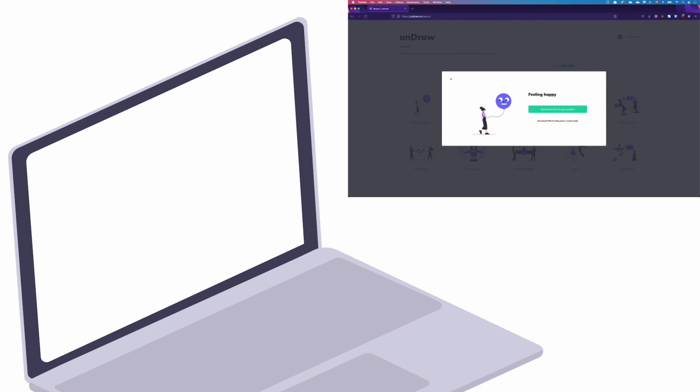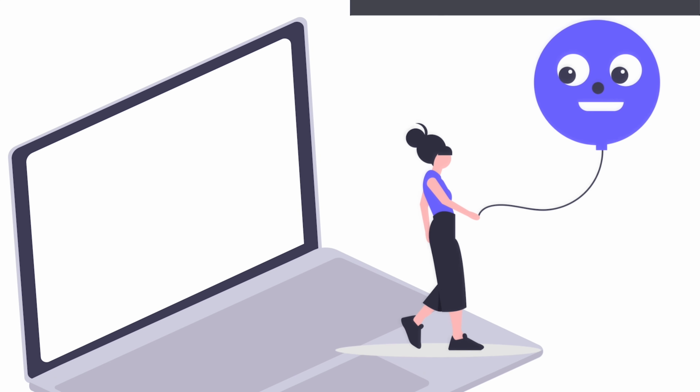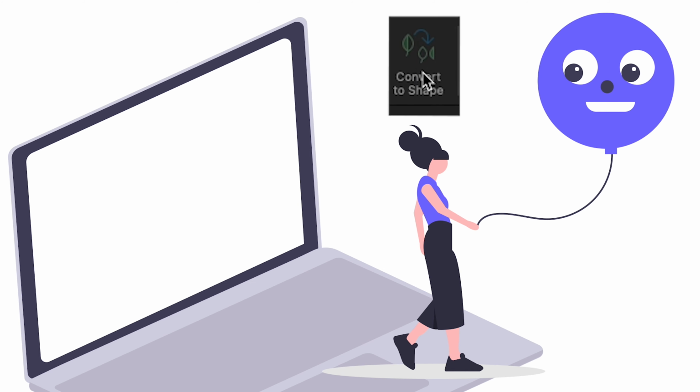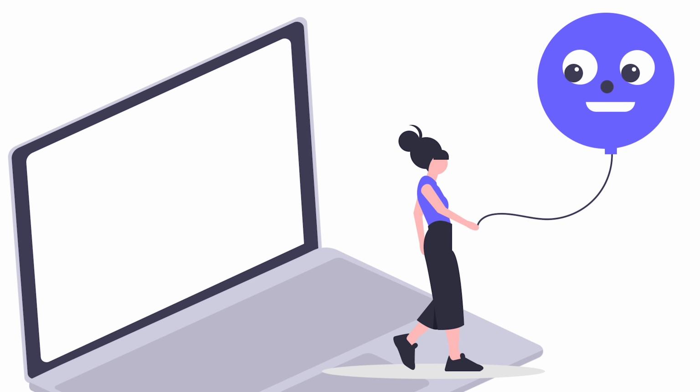Now we'd like to add the lady going out of the computer. From Andro.co again, we got this lady holding a balloon. Her pose is very close to what we want, so let's download the image as a SVG graphics again and insert it into the PowerPoint slide. After converting the graphics to shapes again, let's remove any part we don't want, such as the balloon and the shadow. Let's resize and rotate the lady.